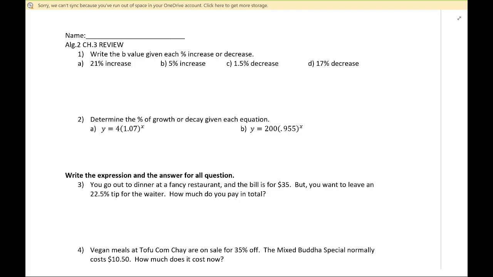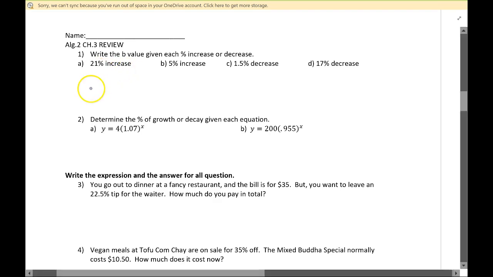All right, write the b-value for each given percent increase or decrease. What we have to remember is the b-value, if it's greater than 1, is an increase. If it's less than 1, it's a decrease. So if it's a 21% increase,